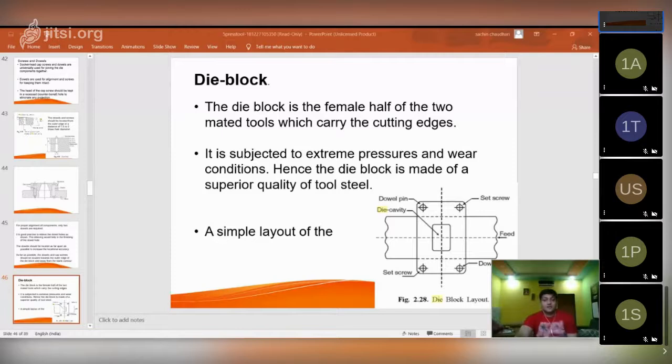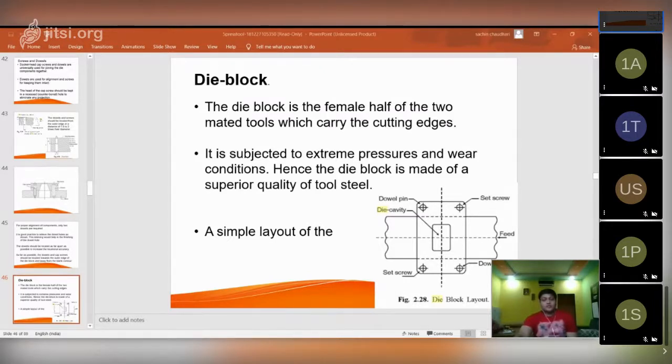Generally, guys, the die block essentially depends upon the workpiece size and the stock thickness. Because it depends upon the actual workpiece, the product you want to make, which size of workpiece you want to produce. According to that, you have to design your die block, and according to your workpiece size, the stock thickness should be selected.